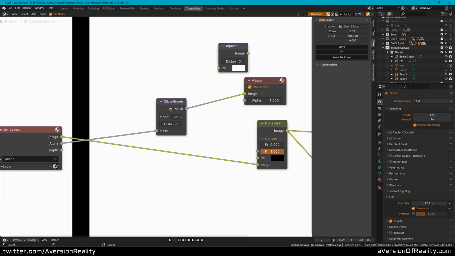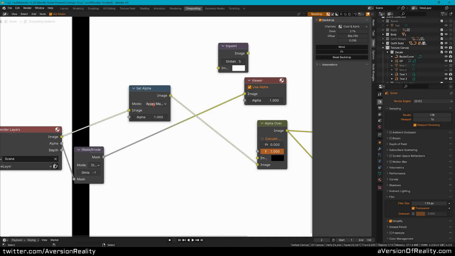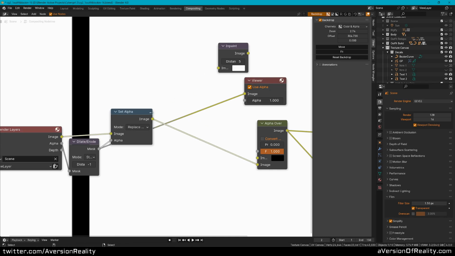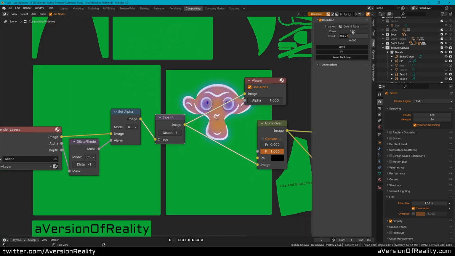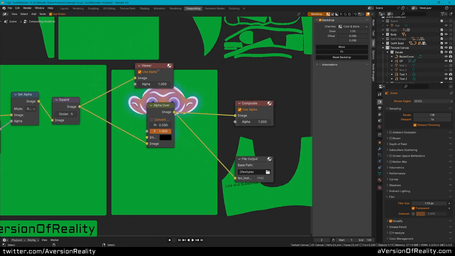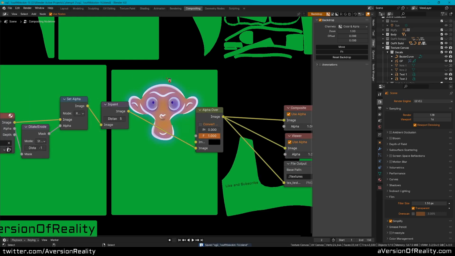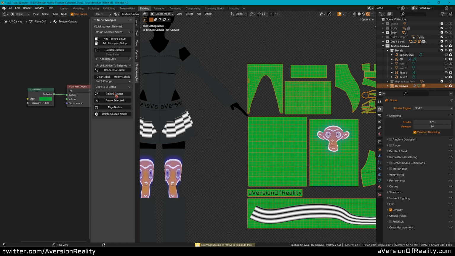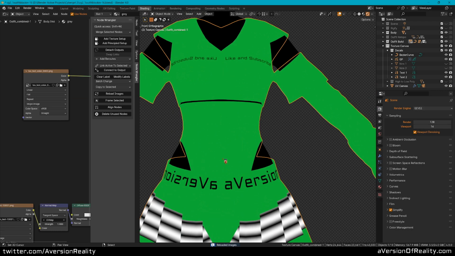Now to have the Inpaint use this, we need to correct the current alpha. So we'll get a Set Alpha node and replace the alpha with the dilated one. And then we run that into Inpaint, and that earlier problem is gone. Everything is the same color now. So now we have margins. Let's render that. Update. And those margin lines are gone.